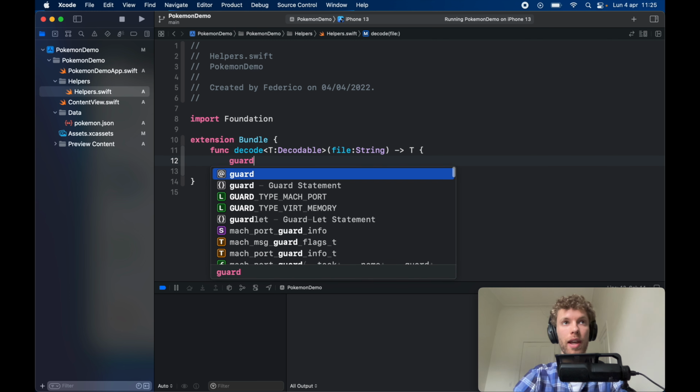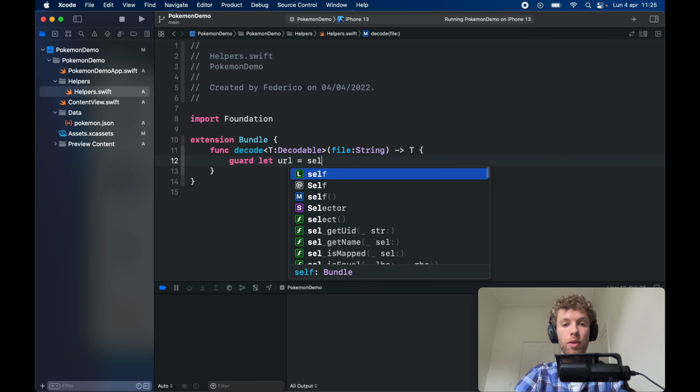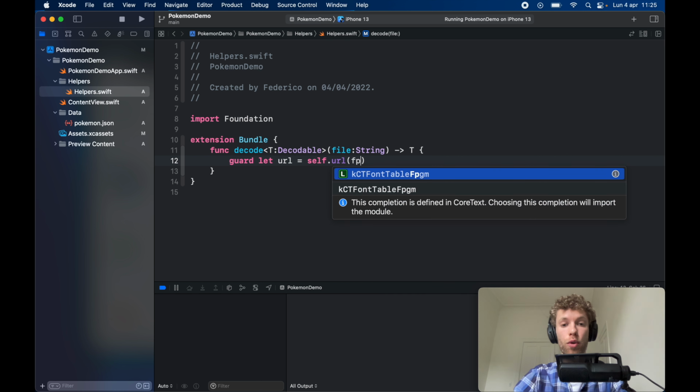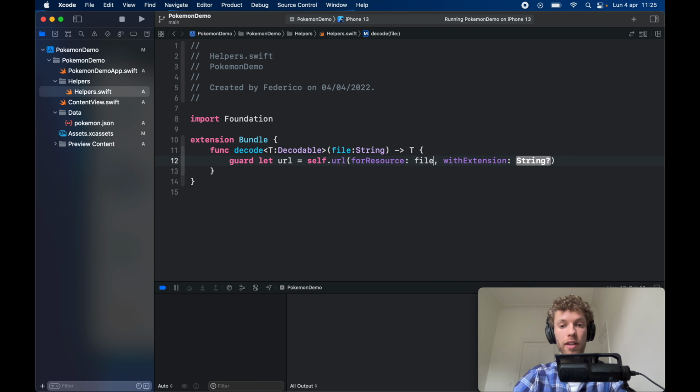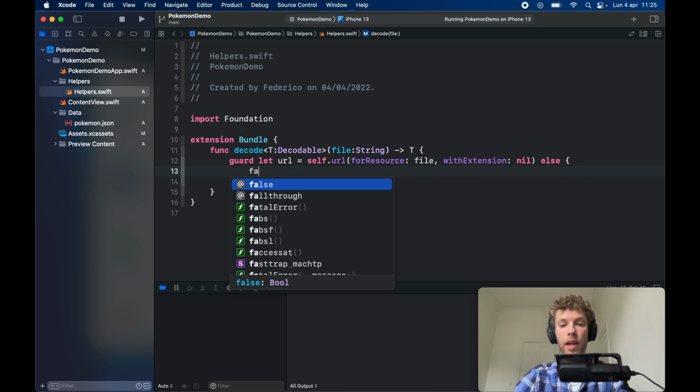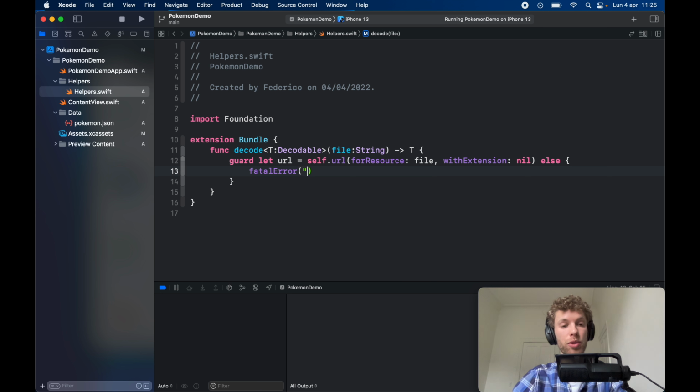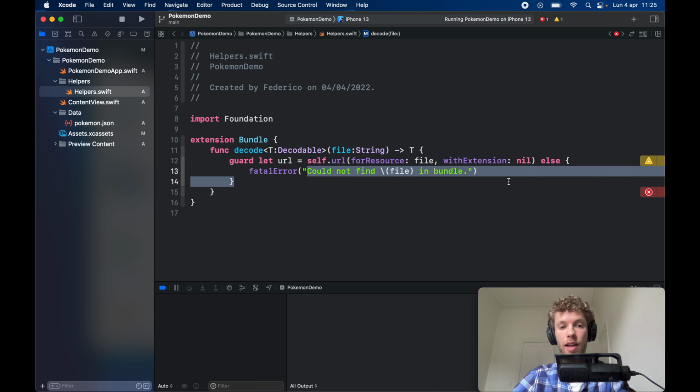So first we need to go ahead and guard let url, which is going to equal self.url for resource with extension. And we're going to insert the resource, which is a file, and the extension is going to be set to nil. Else, we're going to throw a fatal error that the program just can't find this file. So could not find \(file) in bundle, which is our entire application over here. So if this is missing, the application shouldn't work, and there's no reason it should be missing, so fatal error